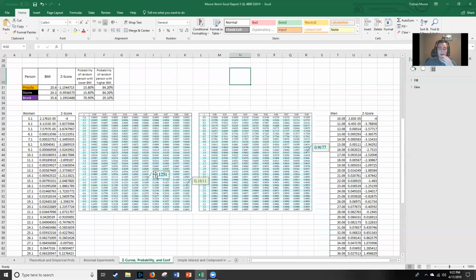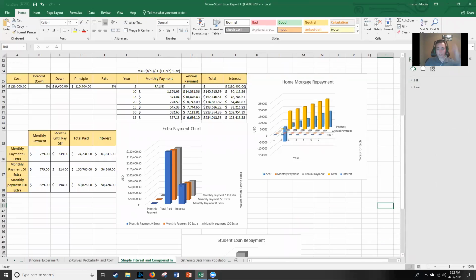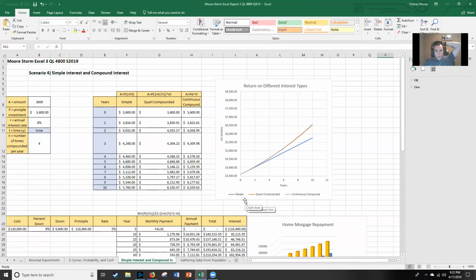All right, so here I highlighted all of our z-scores here. Moving on, talking about scenario number 4, simple interest and compound interest. And I actually knew a little bit about this before we started because I just recently bought a house in